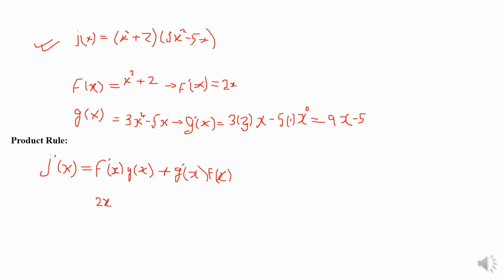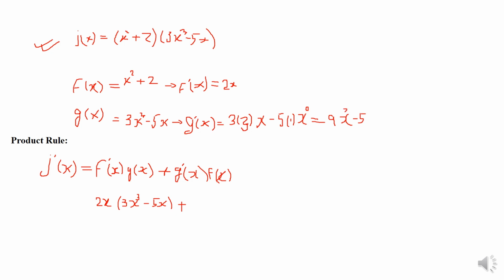G function is 3x cube minus 5x, plus derivative of the g function, which is 9x minus 5,